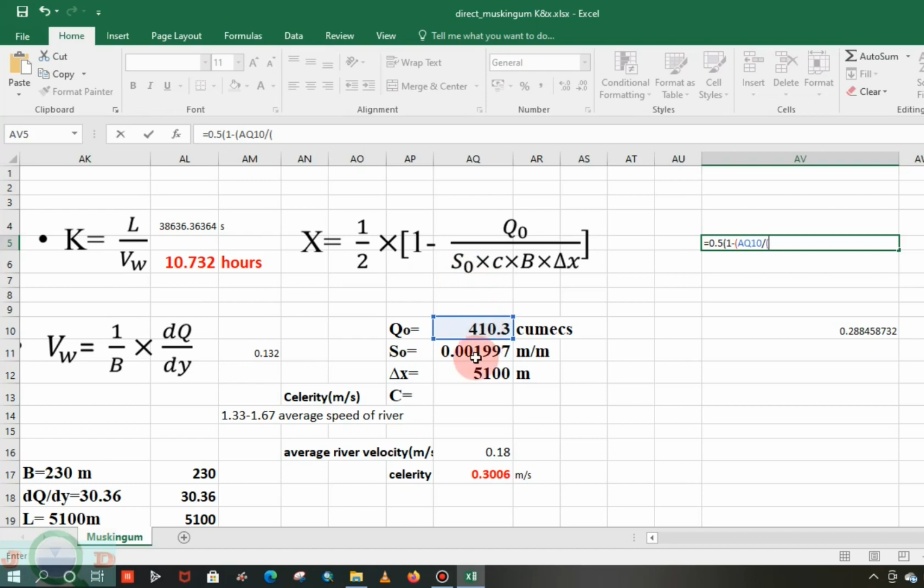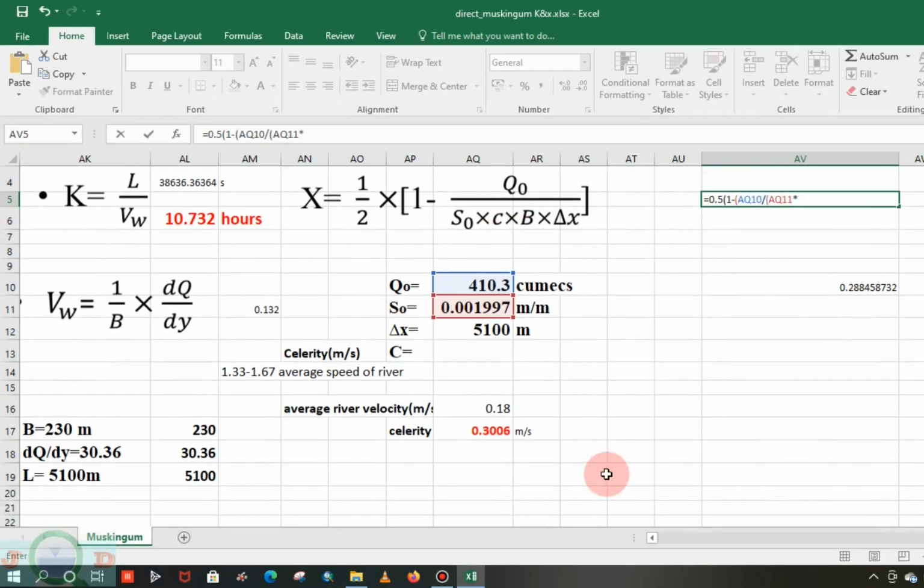S naught is 0.001997, into c. C is the celerity. Celerity is here,